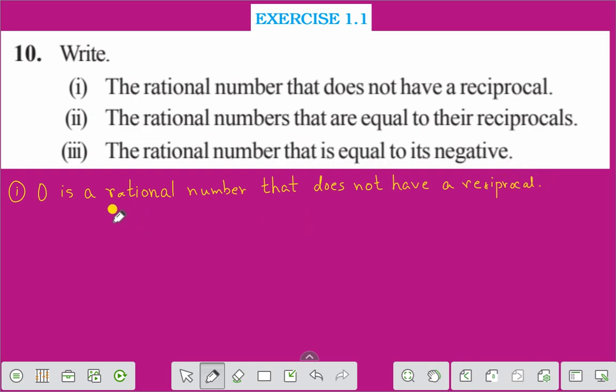Here you see, if we write the reciprocal of 0, it will be 1 by 0, that is not defined, or undefined. 1 by 0 is undefined. Therefore, 0 is a rational number that does not have a reciprocal. Number 2 is